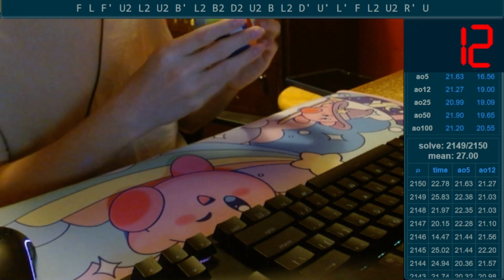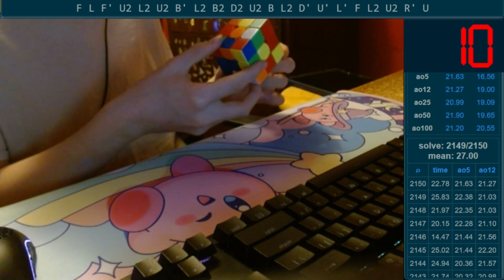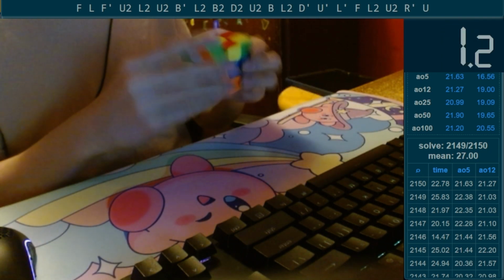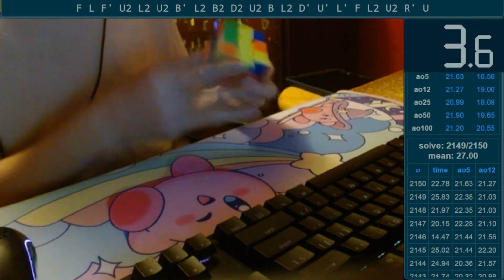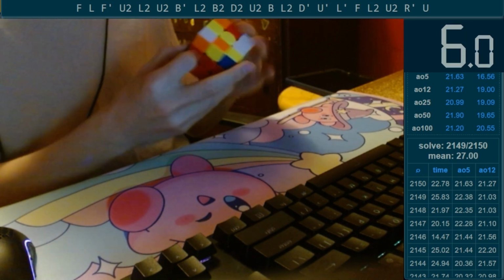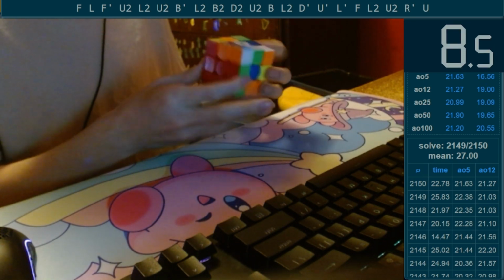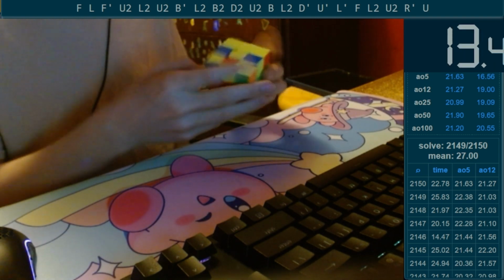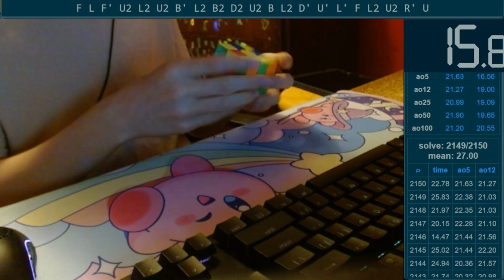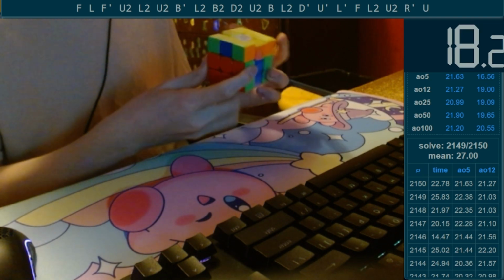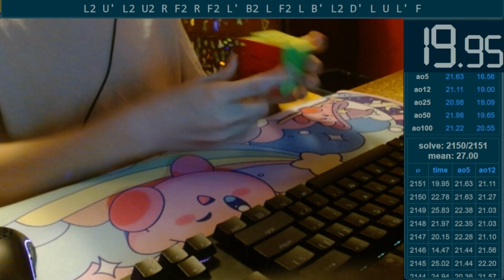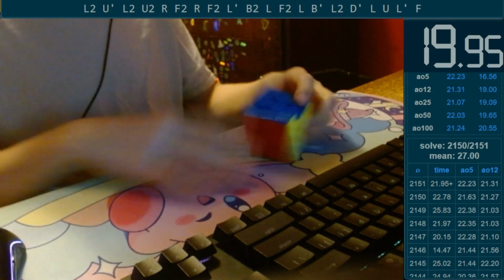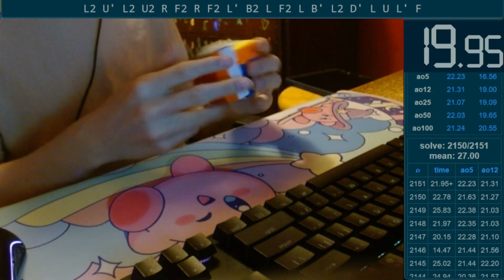Something else about CFOP that I feel needs mentioning is the improvement feels more natural to me than it does with Roux, which is something that I'll be getting more into with the Roux section. It's just improvement as a whole, and how improvement with Roux doesn't feel as natural to me as it comes with CFOP. Improving with CFOP has been something that I understand quickly, what I'm meant to do and how I'm meant to do it, but there are times, even with CFOP, that it does feel kind of awkward